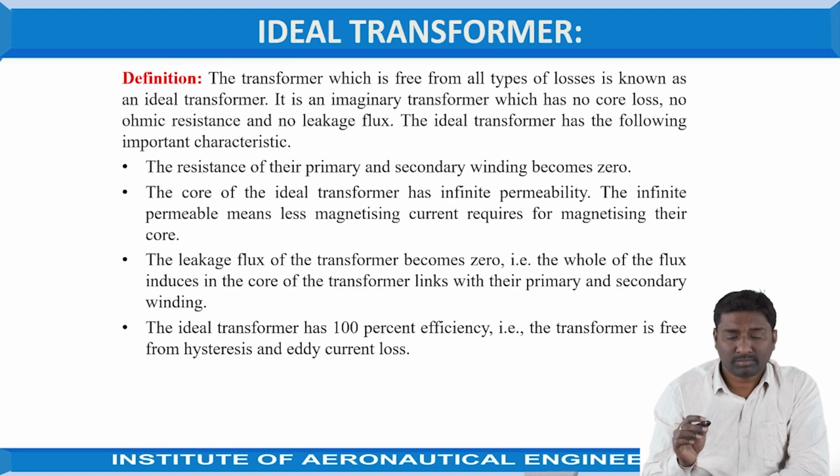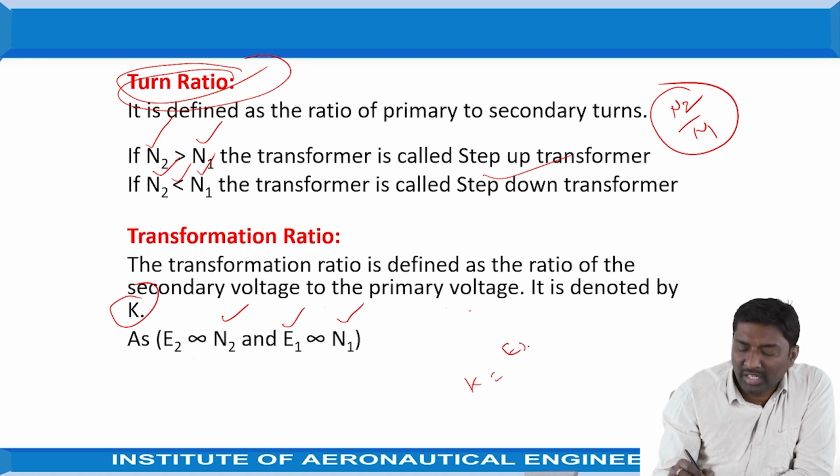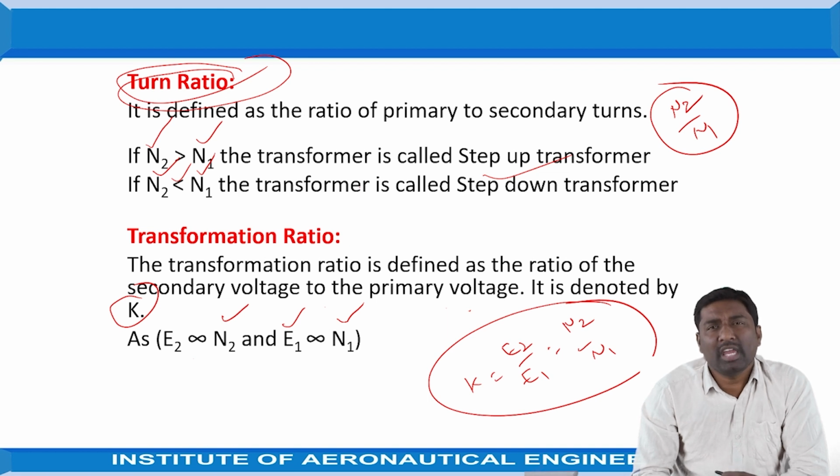So then the transformation ratio K is equal to E2 by E1 is equal to N2 by N1. So this is the transformation ratio K according to the transformer principle. Okay. So now